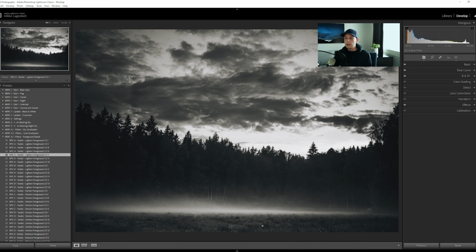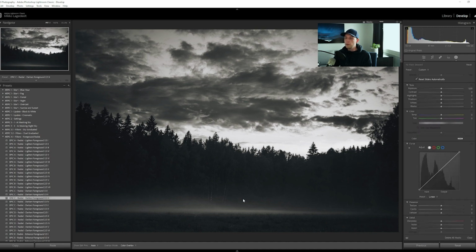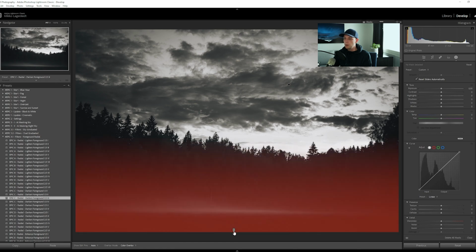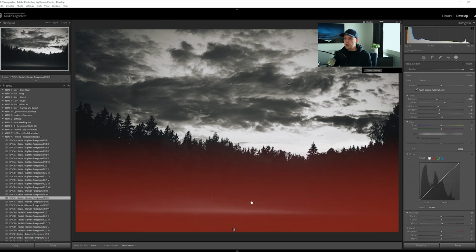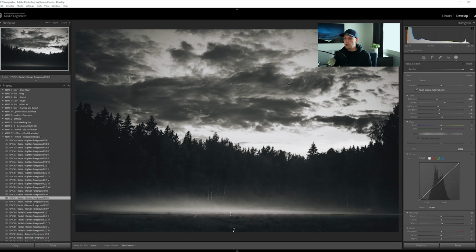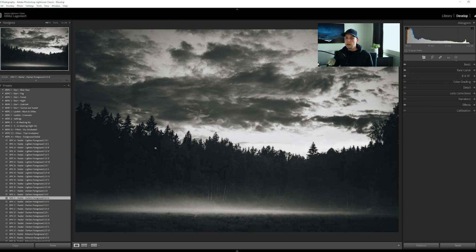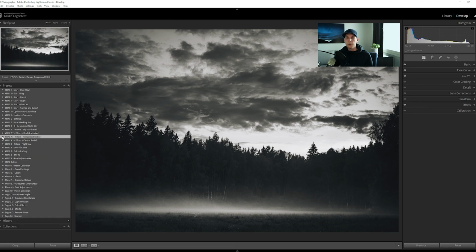But I need this part to be darker, so let's do another one like that. But now we want to move it a bit because I don't want it to affect the mist part. So let's just drag select it and drag it down like that, and that looks good. Yep, I like that. We can go ahead and move to the next step, which we can go either to